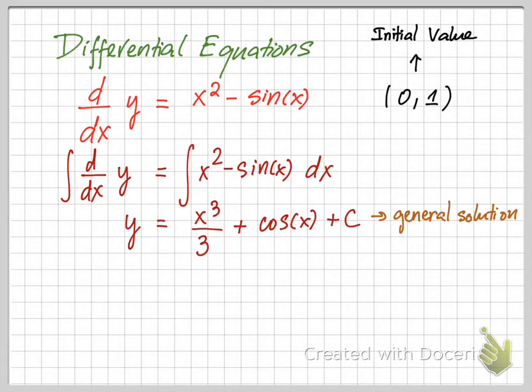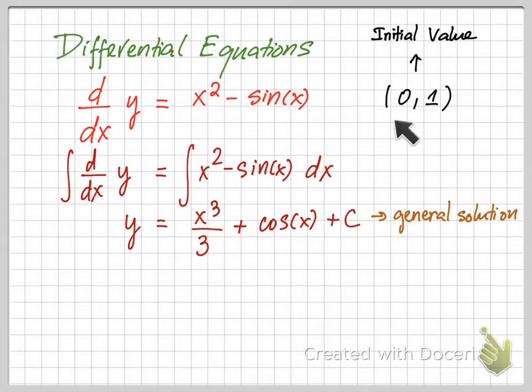The derivative of cosine of x should be negative sine of x. So x cubed over 3 plus cosine of x plus c is the integral of x squared minus sine x, and this is the general solution of this differential equation. And once you have the general solution,